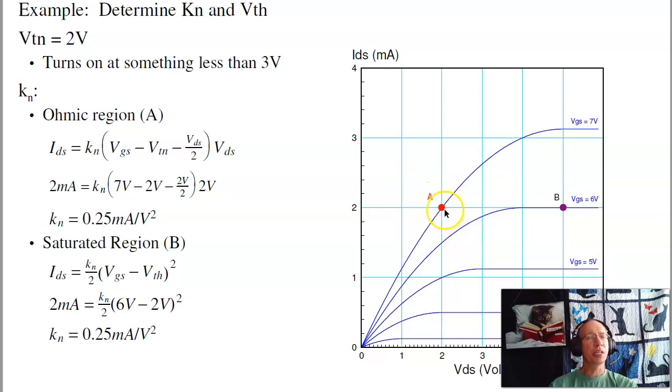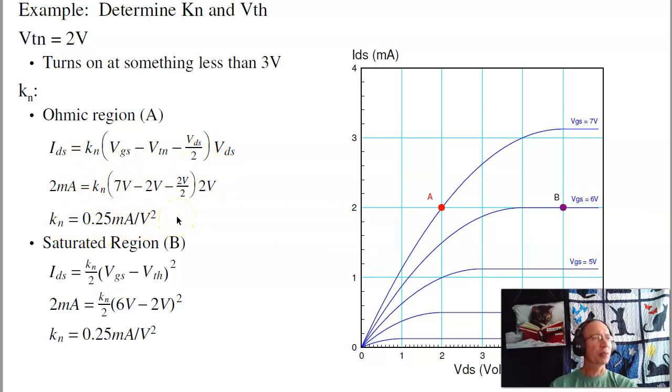If I pick point A, I'm in the ohmic region. So here's the equation in the ohmic region. IDS is 2 milliamps. VGS is 7 volts. VDS is 2 volts. The turn-on voltage is 1 volt. Actually, here it's 2 volts. The turn-on voltage is, I know, it's less than 7, 6, 5, 4, 3. I've got current flow at 3 volts, so the turn-on voltage has to be less than 3. If I draw this parabola, where's the tangent? In this case, it's actually at 2 volts. So I know all the parameters in here, plug it in, and I got K sub n is 0.25 milliamps